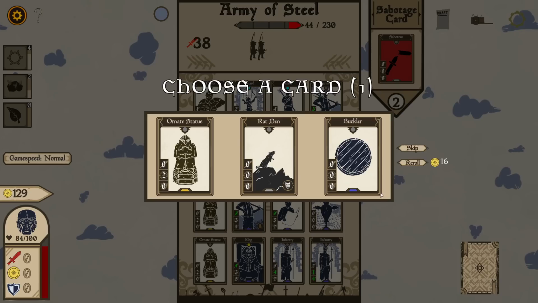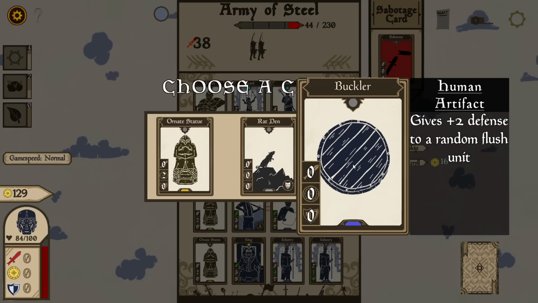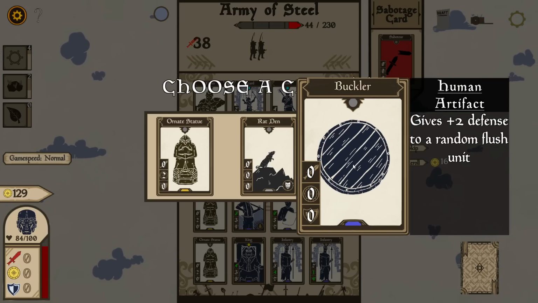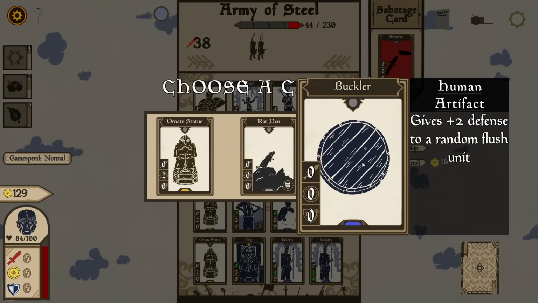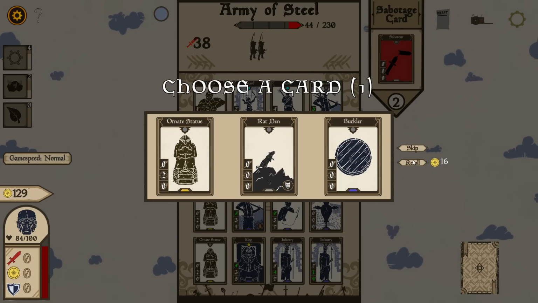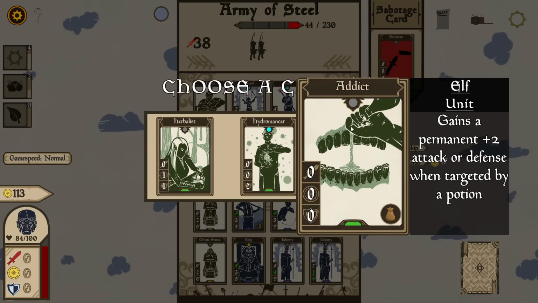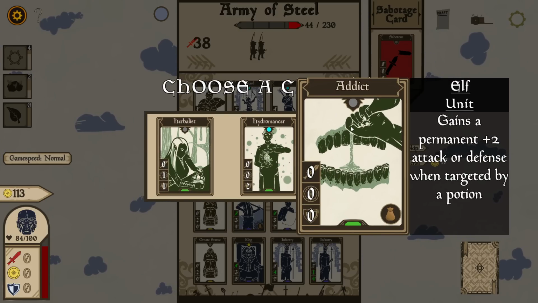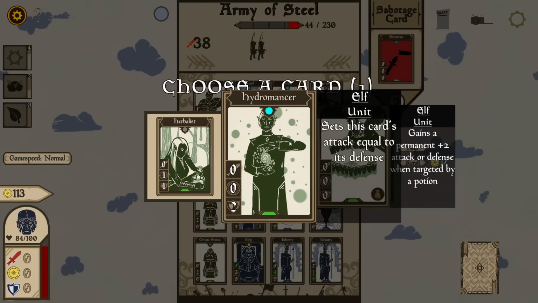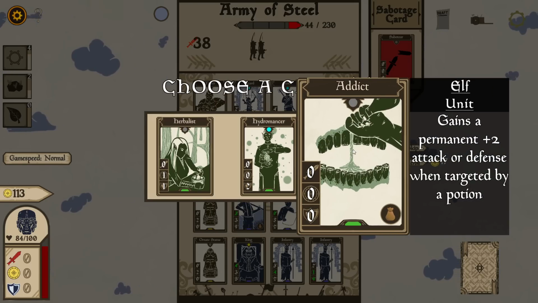Singular. I mean, it's almost, in a way, like, this is a great, oh, I happen to roll it in the corner piece. But I think it's too late for it. Gains a permanent +2 attack or defense when targeted by a potion. Oof. Okay, using this... See, this is... I don't know what the...